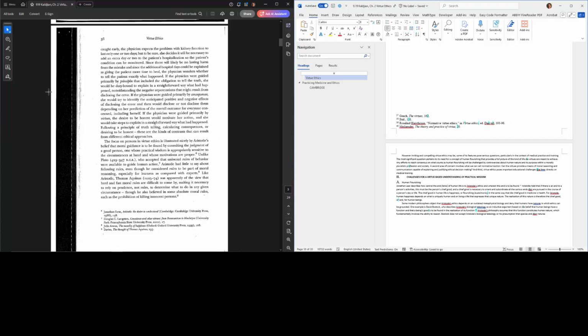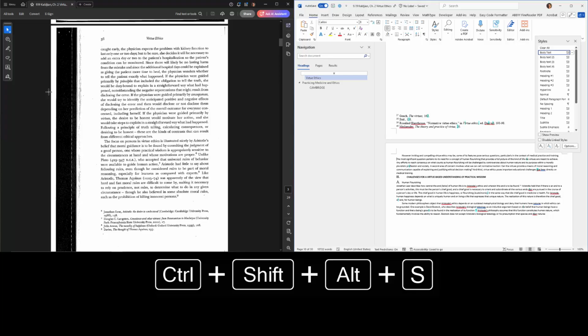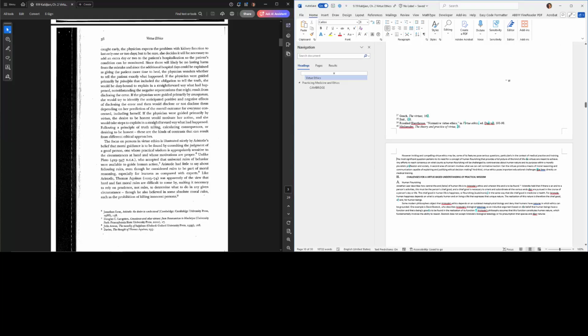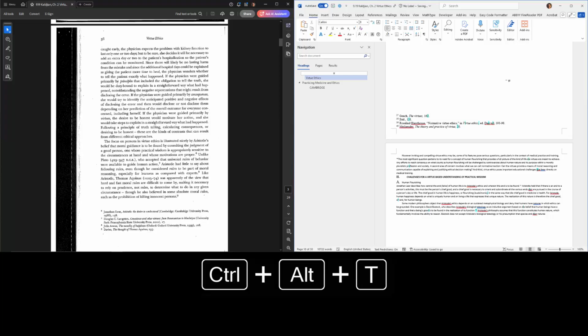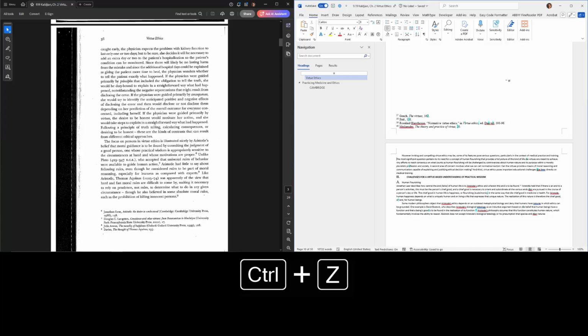I really don't remember that keystroke, but I'm just going to try something. Control Alt Shift S. No, that brings up the styles dialog in Word. Control Alt T. No, that added a trademark symbol or something.